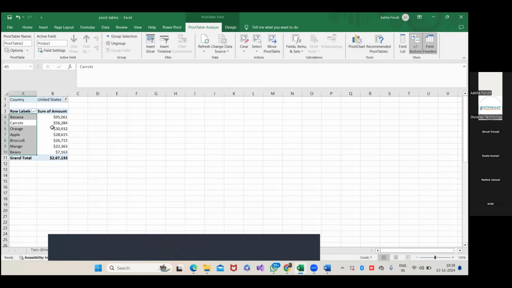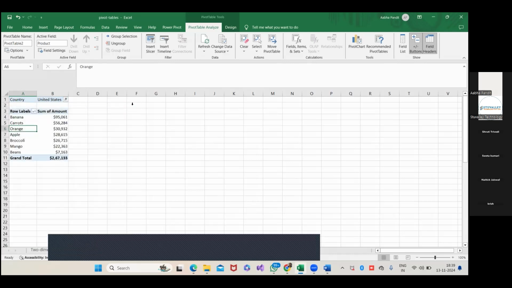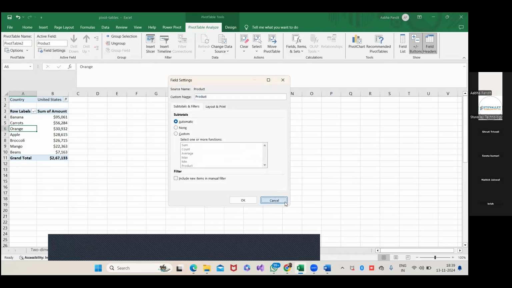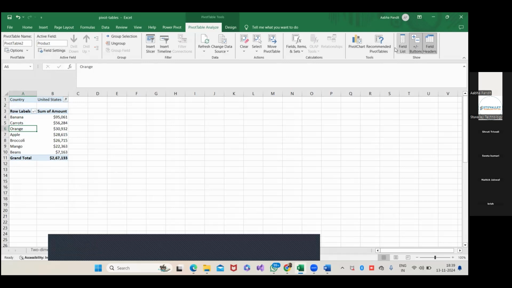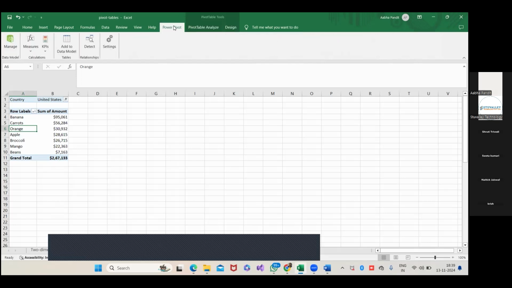You mean to say this option of the pivot table? Yes, ma'am, from where we picked all these columns. Actually, there is one option.